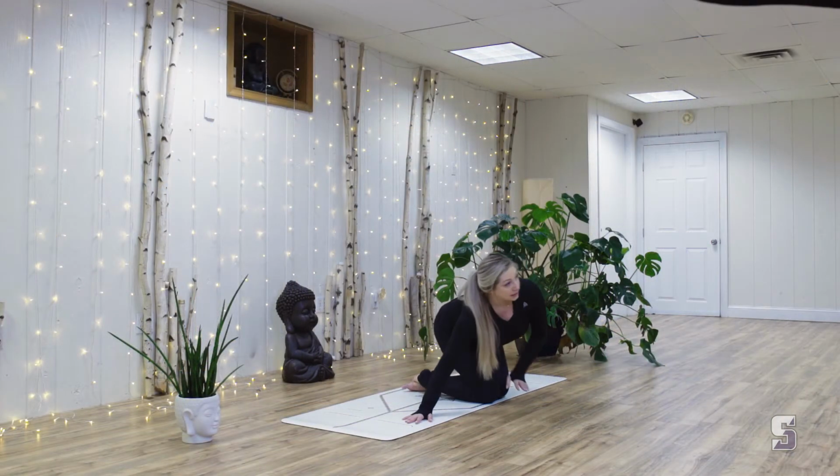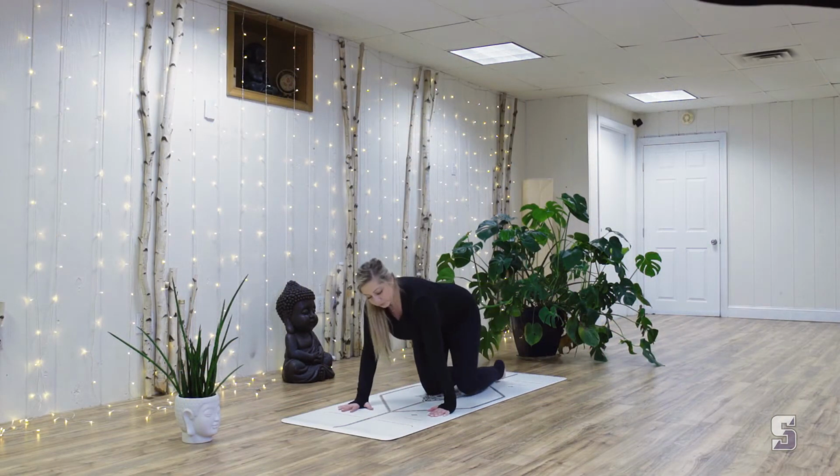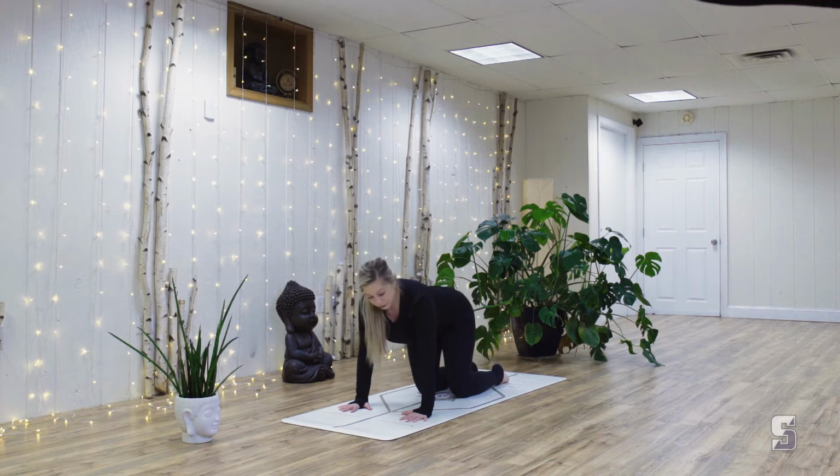We're gonna start in tabletop. So let's take our hands underneath our shoulders and knees underneath our hips. Engage through our core as we allow ourselves to stabilize here, creating a box shape with our body as we start to move through some cat and cows. So let's drop our belly, extend through our heart, coming into cow pose. Engaging through this, try to bring your chest a little bit more forward, extending the tailbone up towards the sky. Take a deep breath in,